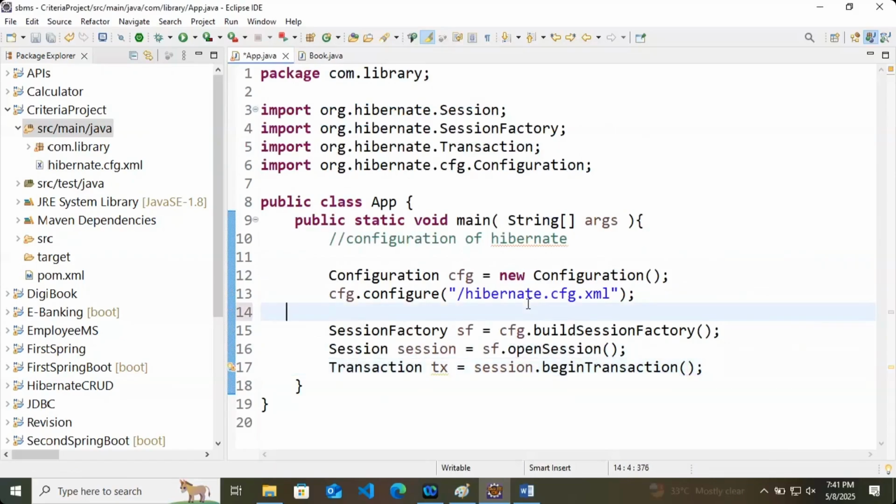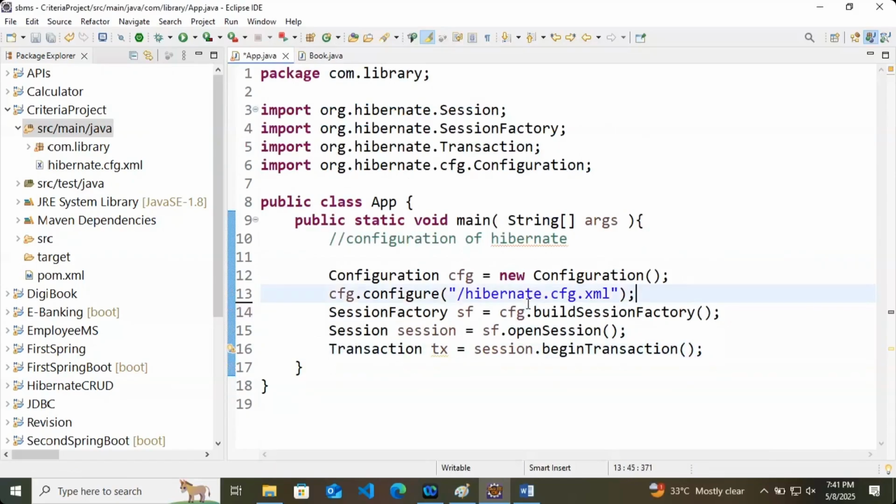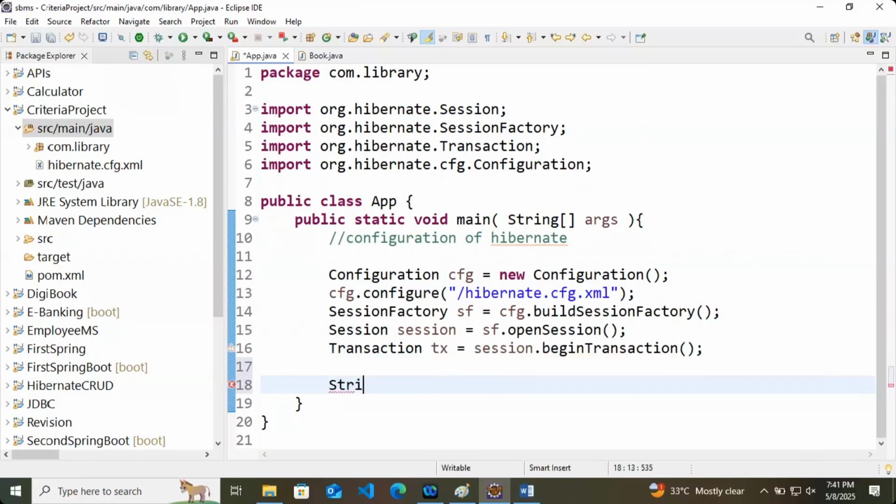Now, in this project, we will try to fetch the data using the createQuery method. At first I will create a query, that is String HQL equals "from Book". It's not case sensitive by the way, but for the class name and table name, it is case sensitive.